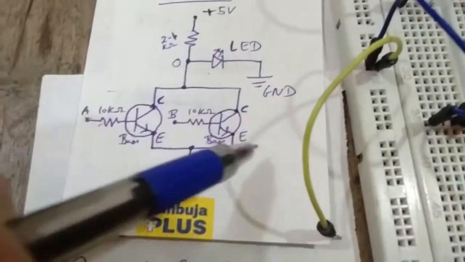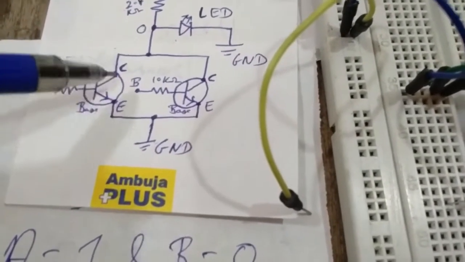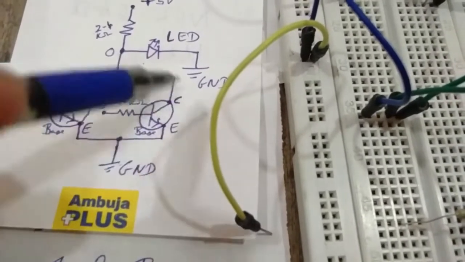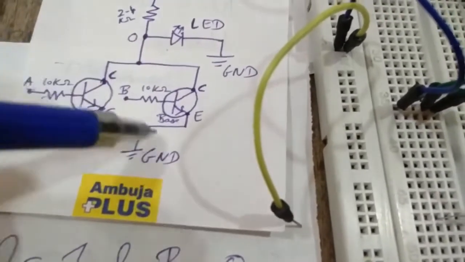In this circuit, what happens is very much similar to the previous case. In that case input A was 0 and B was 1, and here A is 1 and B is 0. So whatever happened in the previous case on that part of the circuit will happen on this part of the circuit, or vice versa. When A is 1, there is a connection between the collector and emitter terminal of this transistor, and B is 0, so there is no connection, so this whole part is short circuit in this case.